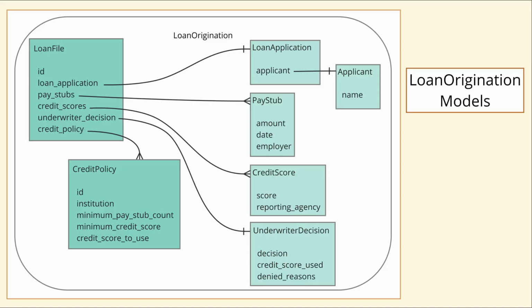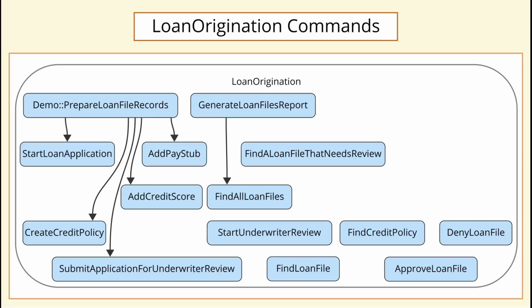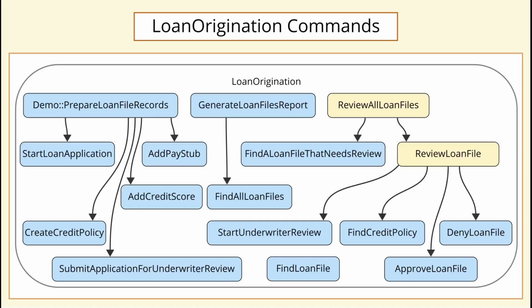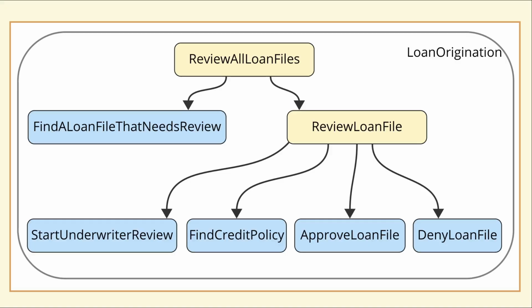So before we get to the resulting epiphanies, I want to look at what we just did in a diagram format. These are the models. These are not interesting at the moment, but you can pause the video if you want to see them. Here are all of the commands we wrote in the loan origination domain. In the last video, we added ReviewAllLoanFiles, which was able to operate the entire loan origination domain to get its job done. In this video, we've made it depend explicitly on two other commands, one of them also being an agent-backed command. And I want to just zoom in on that part of the domain right now and talk about